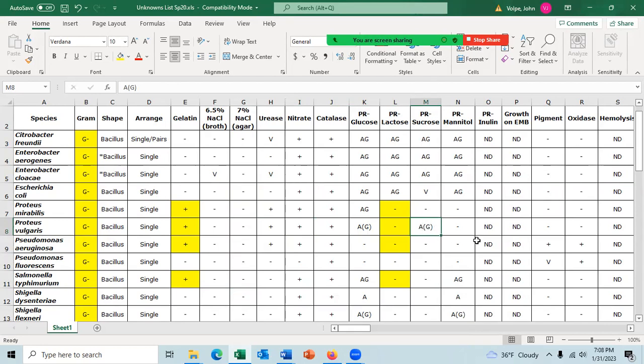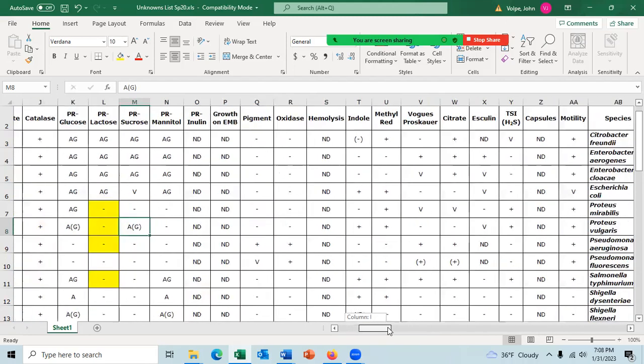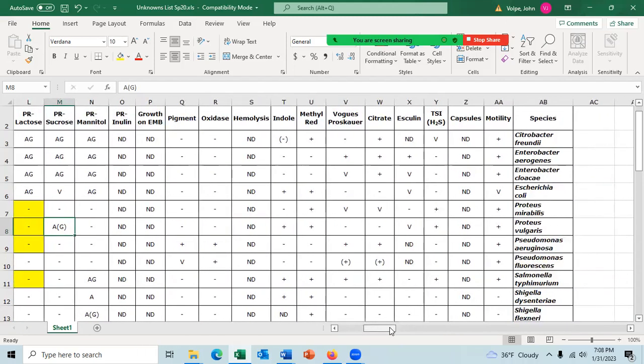I'm trying to look at a better one. Here's a good one. Nope, that's not the right one. Sorry. Let me come on over here. Here's a good one. Yes, this would be a good one. If you did the indole test next and it is positive, you narrow it from four down to two.